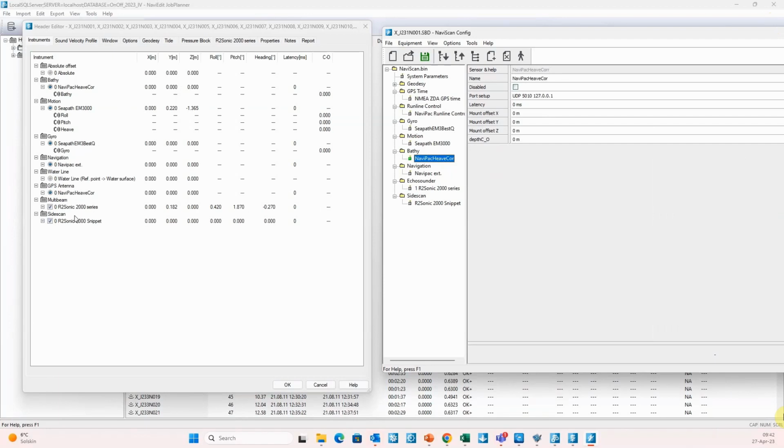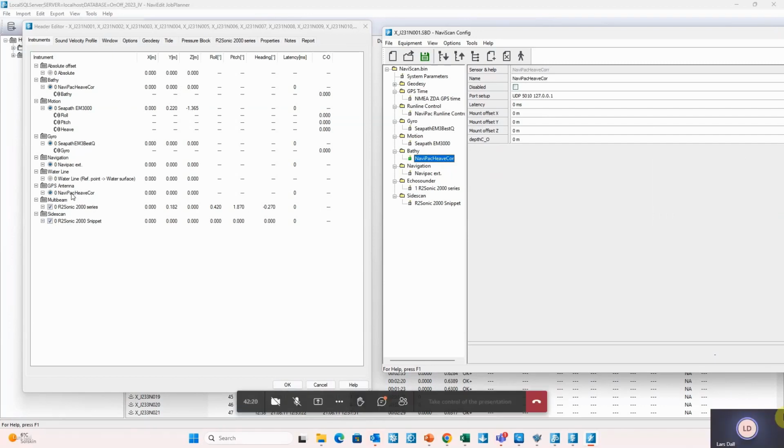If we try to look over here, you can see we have the side scan, we have the multibeam. Then we have something called GPS antenna. This is something that we need